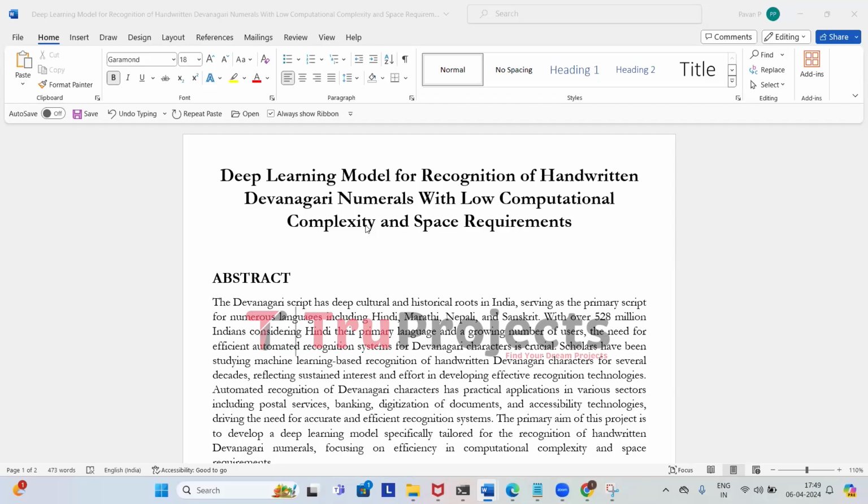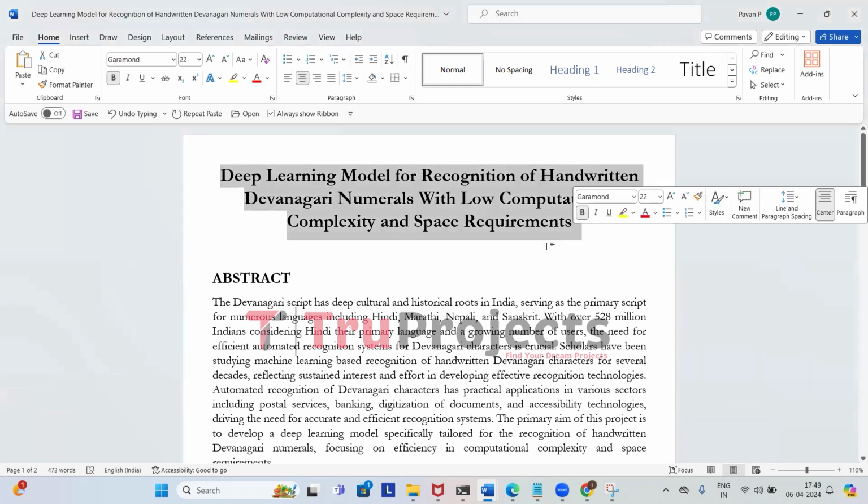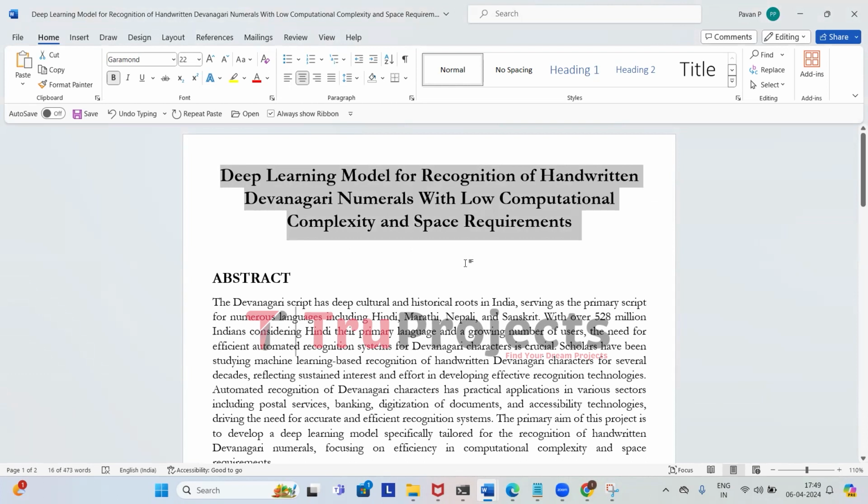Welcome to True Projects. In this video, we are going to discuss the project which is a deep learning model for recognition of handwritten Devanagari numerals with low computational complexity and space requirements. Before getting into the execution, let us understand what these Devanagari numerals are and why we should recognize these